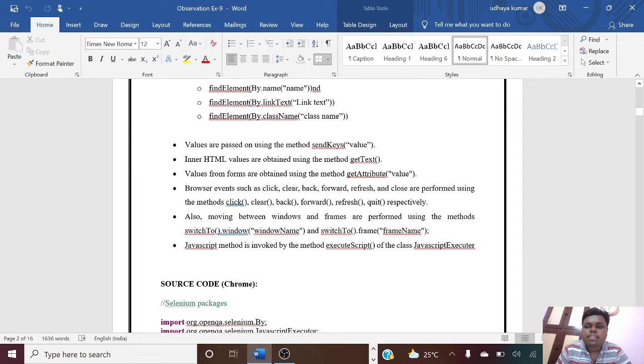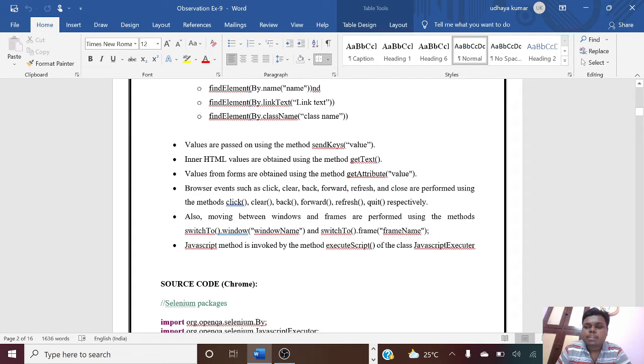Inner HTML values are obtained by using the method get text of value. Values from forms are obtained using the method get attribute of value. Browser events such as click, clear, back, forward, refresh, and close are performed using the methods click, clear, back, forward, refresh, and quit respectively.